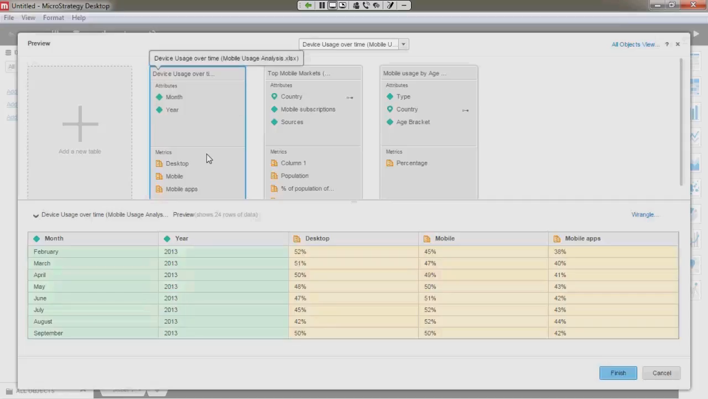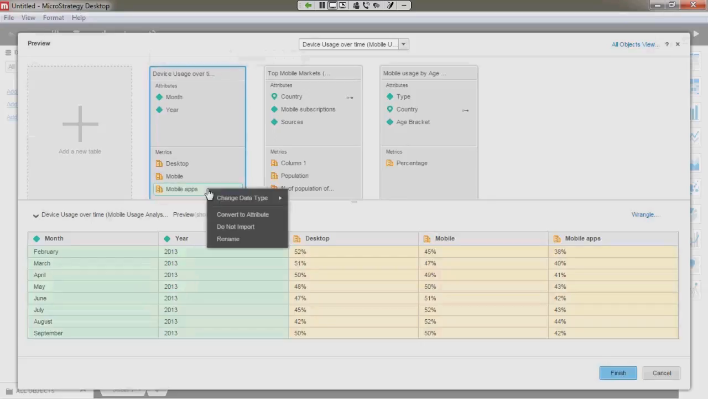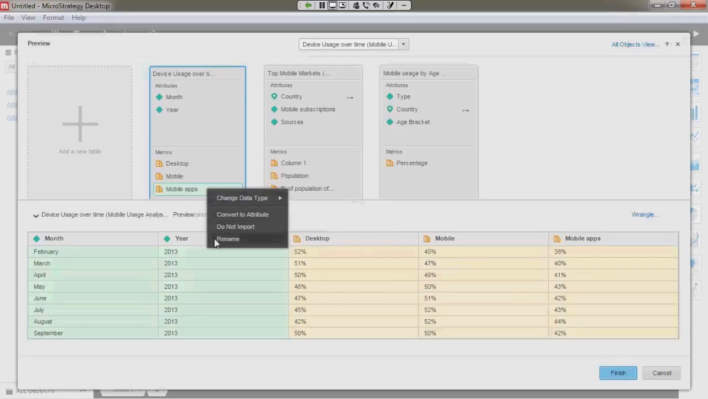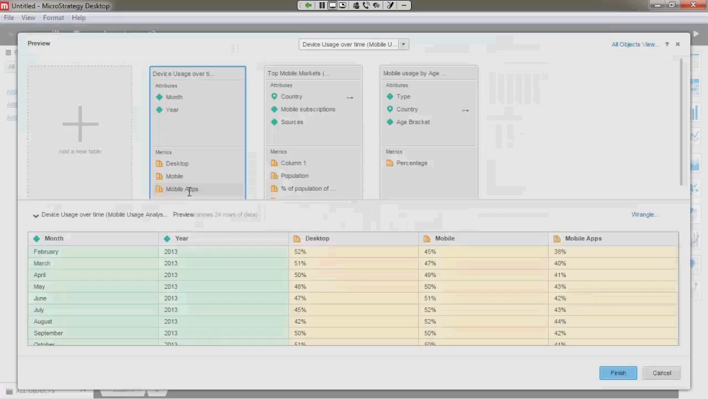So here's where I can start changing attributes to metrics or vice versa. I can access a menu where it gives me the possibility to change the data type or even to convert to attribute. It gives me the options to not import that metric or attribute, or even rename those metrics or attributes. So now, as you can see, I have so many new options,